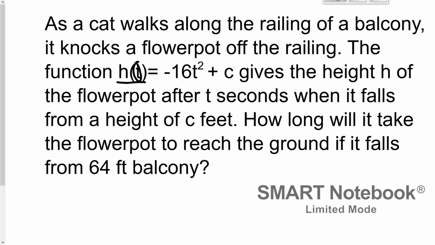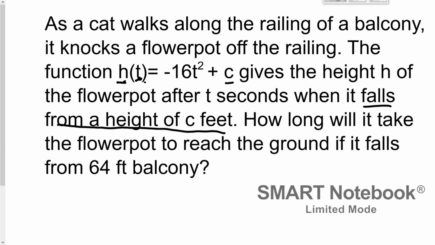Right? That's why it says f of t or h of t. Because it's saying we're trying to find the height given the variable t. So in those parentheses, it's not h times t, it's representing that our variable is t. So we're trying to find h when our variable is t. And c is given. C is the height of where it falls from,